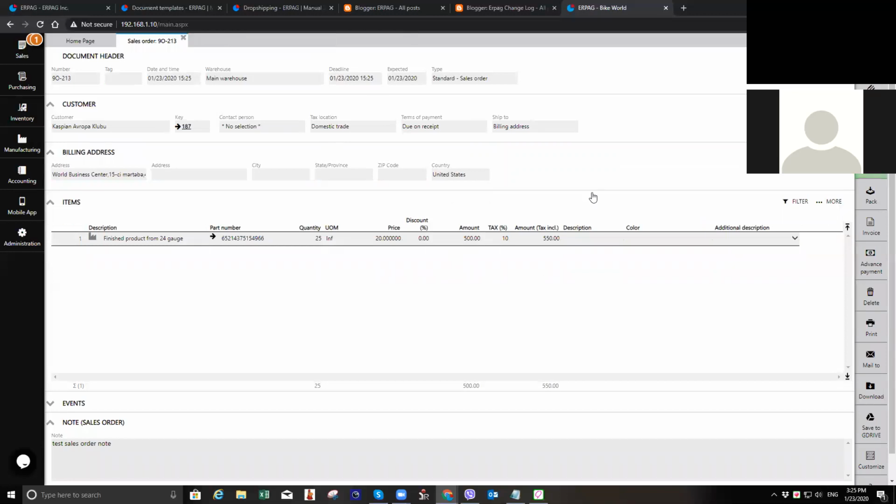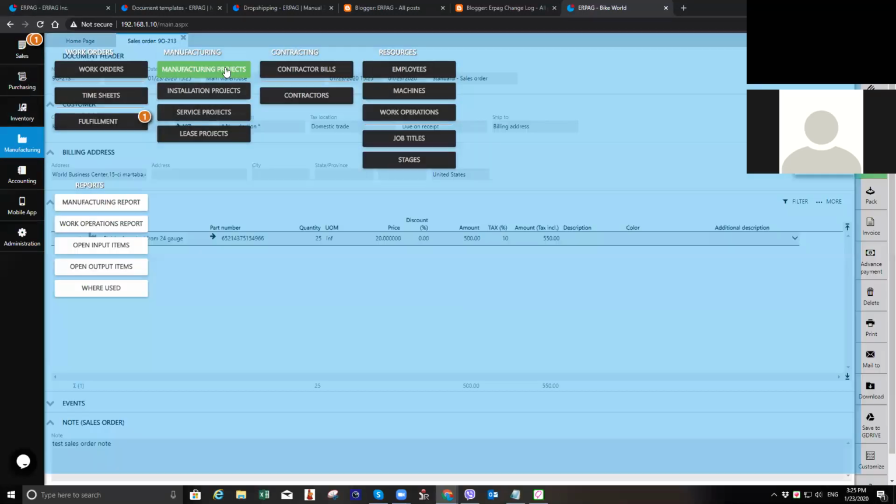Once you save the sales order, Erpag goes through your SKUs to compare the quantities. It compared our part number with our inventory and flags us as no quantity. In this case, you have a green generate button. Click on it and you now have two options, manufacturing project and work order. Manufacturing project is for multi-level bill of materials, which look like,